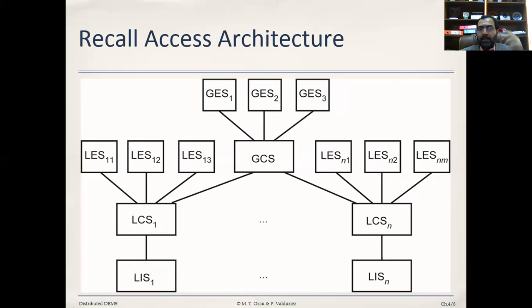Here you can see that you have a GCS definition, and on the bottom you have the LCS. You might have LCS 1, 2 till LCSN, depending on your own problem, which you want to integrate. And for every LCS you can see at the bottom